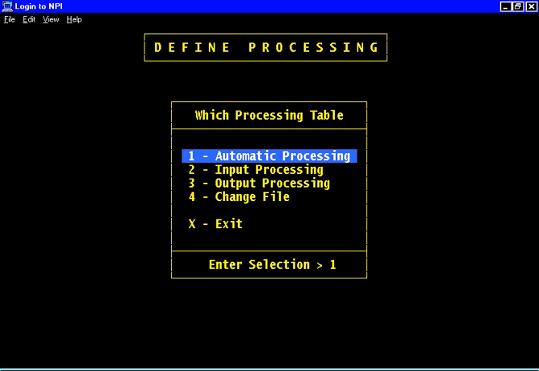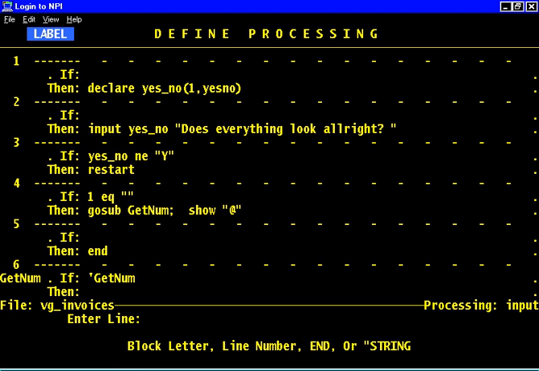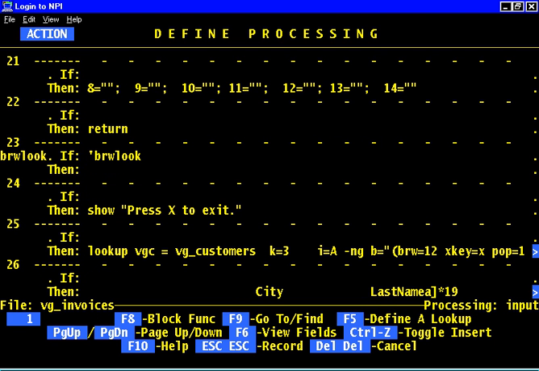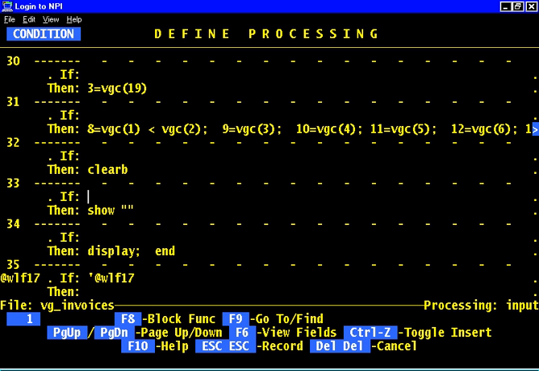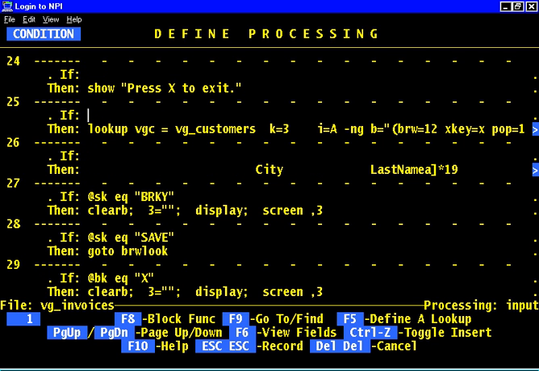If I go into processing, go to the browse lookup line. Okay? I'm showing the little prompt right here, and then I cleared the prompt when they pressed enter. I definitely did a show null. Why didn't it work? Because I pressed X. X is a different way out of the browse. Remember, there's an exit key. So there's a group of exit keys. We have an exit key called X, and if they're on the browse and they press X, which is at browse key equals X, then I just clear the browse, clear the field, and display and put them on the screen. I have to, just before I do all that stuff,